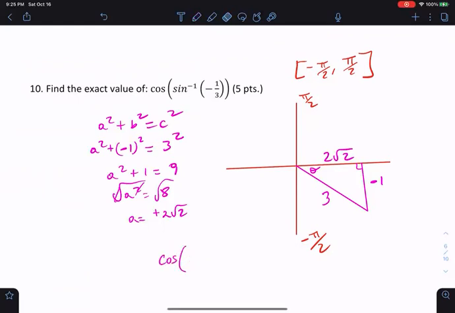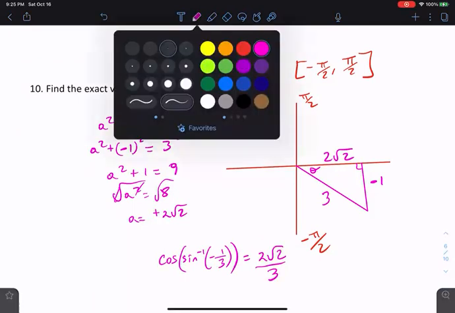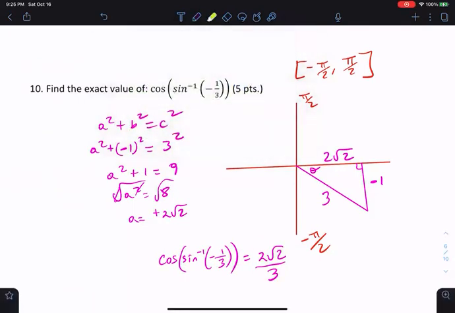Well, we drew the picture already, right? So all this stuff equals just the cosine of this triangle. So cosine of this triangle is adjacent over hypotenuse, right? So this is 2√2/3. That's it, you're done. That's the answer. Okay, let me put that in a different color. That's the answer. Next,